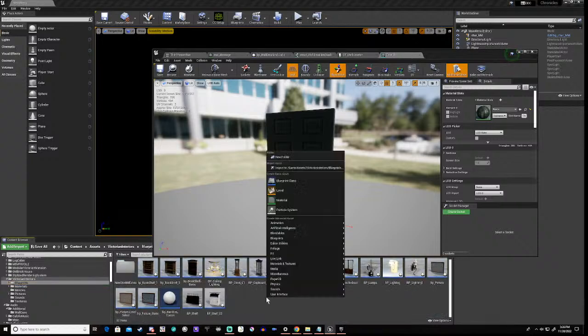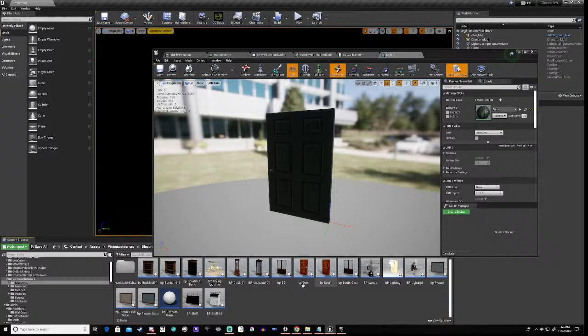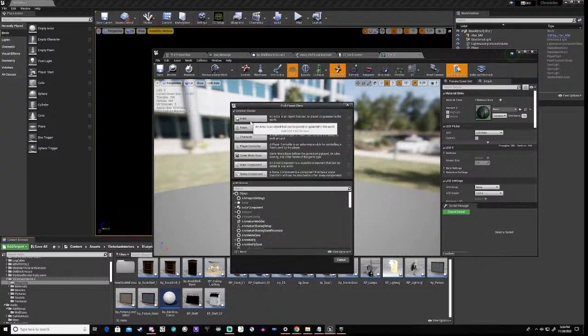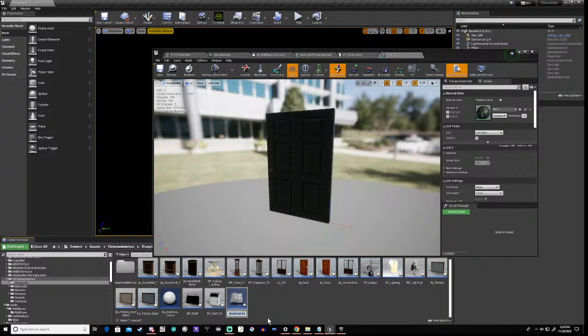So what we're going to do is, I've already got a couple of doors here that are actually blueprints that open and close, but we'll create it from scratch just for Realm, because we're nice like that. So we'll create a blueprint class, it'll be an actor, and we'll call it BP_